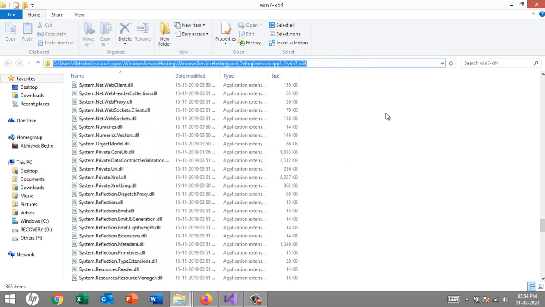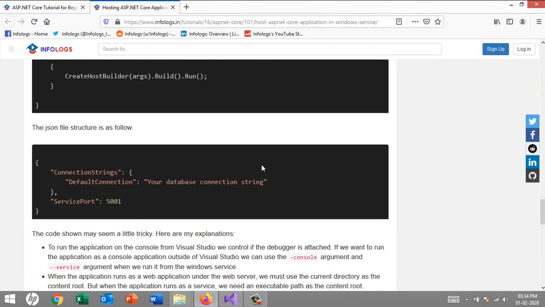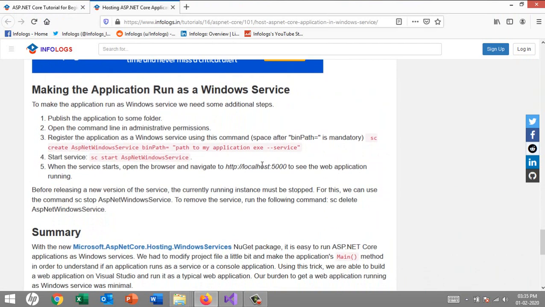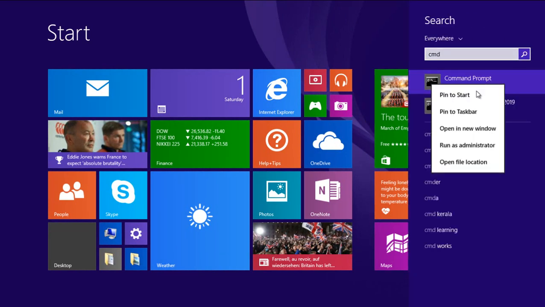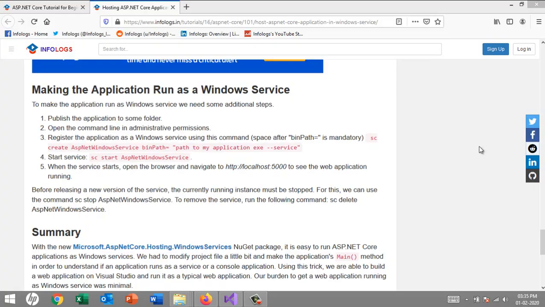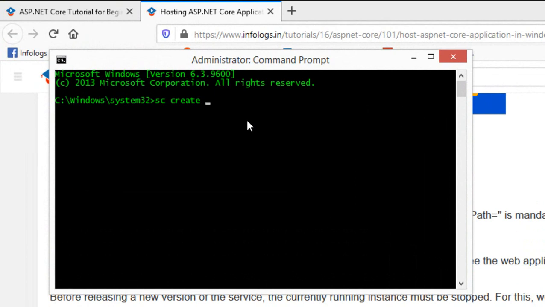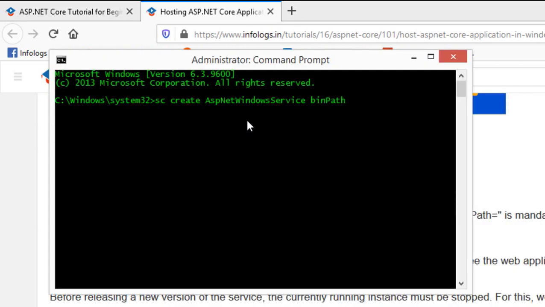Now I'll create a service. We have to host our application in a Windows service. So the next thing is firing a command, or we can go for the creation of Windows services. Just launch your command prompt in run as administrator mode, and here we'll type a command called sc create ASP.NET Windows service, and then, this is the most important part, binPath=,